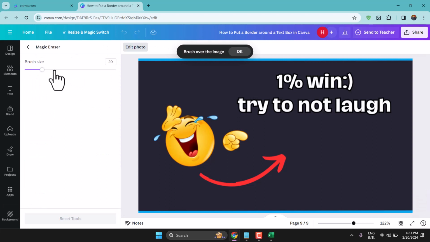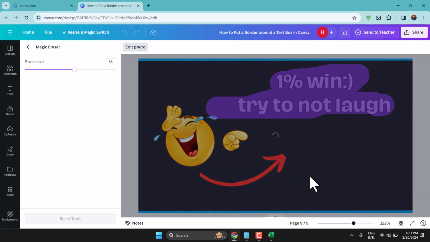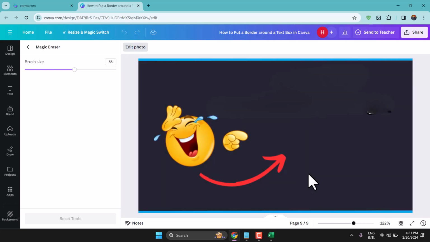And adjust the size for brush. Now drag and drop. Now wait for a few seconds. So this way you can remove text from a picture